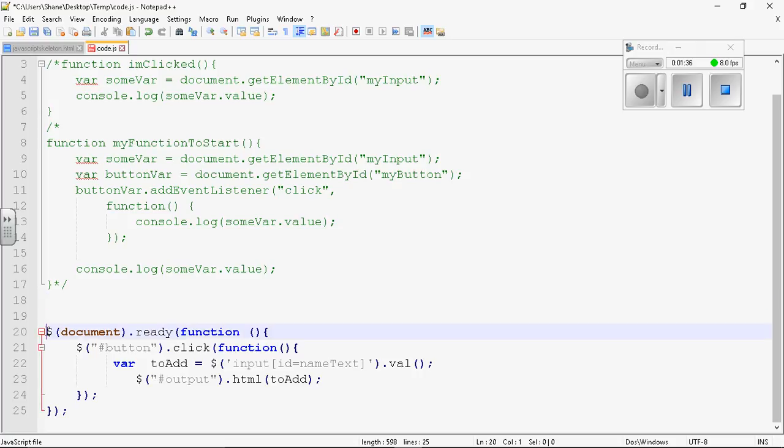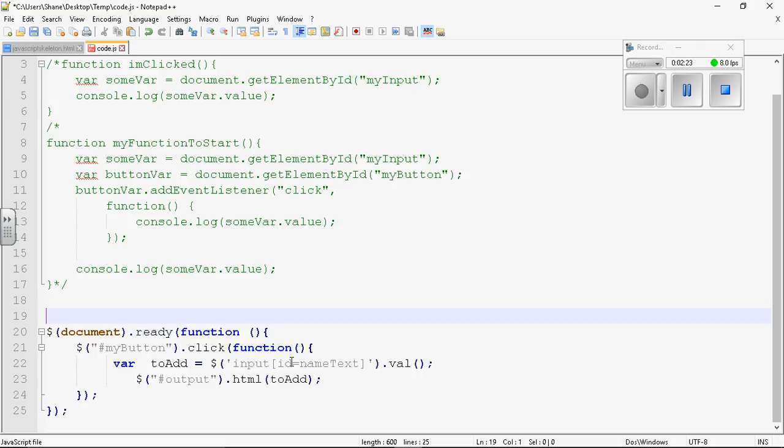So remember, the $ sign shows that jQuery is going on right away. The brown is the DOM stuff, document object model, ready. And then when it's ready, we're running this function. And the function is essentially going to have the same sort of stuff as our earlier, but using jQuery. Notice, remember, the jQuery access to an ID is a hashtag. And I think my button was called my button this time. When we click, it's going to have a var to add, input ID equals, and now this is jQuery action. We wouldn't have to necessarily